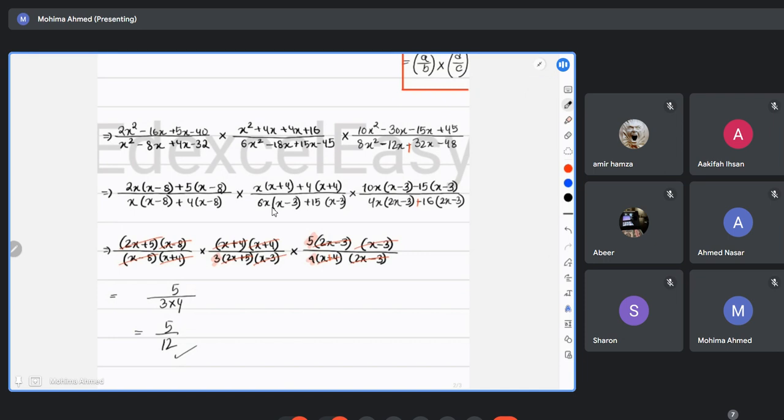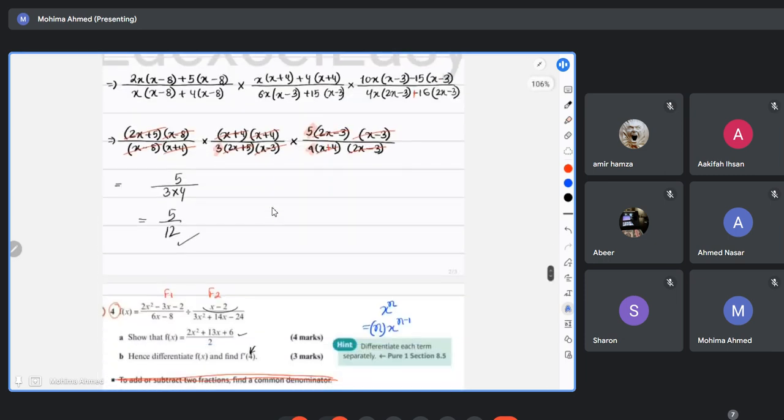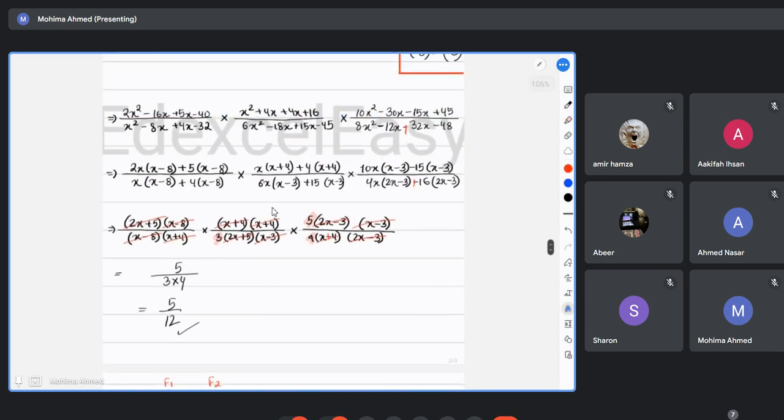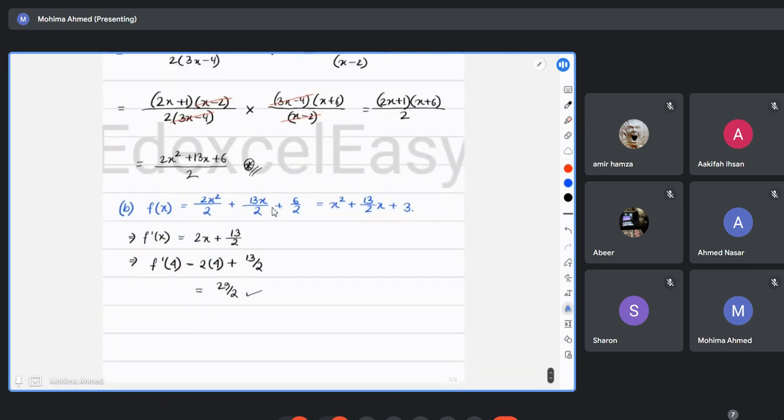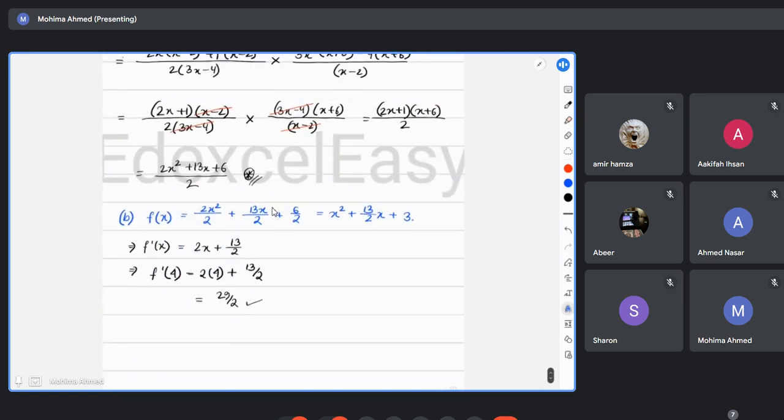I made a mistake in that plus minus distribution for that fraction's denominator polynomial, and because of this, these two didn't get cancelled out. And because of that, the entire fraction was extremely lengthy. But other than that, the answer would be just 5 over 12, with no more polynomials involved in the last part of your answer. Okay, so yeah, this is it. We're waiting for Amir and Nasser to send their working.